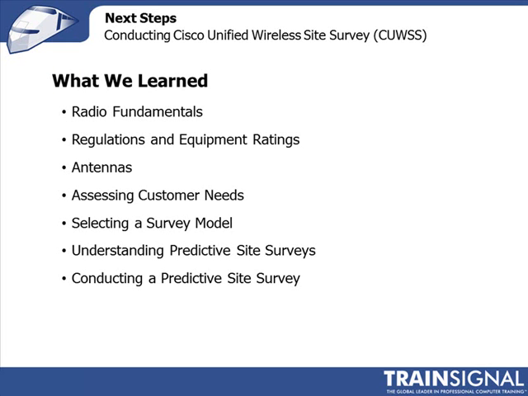So we've covered an awful lot of ground. We started off talking about some basic radio fundamentals. We talked about RF spectrum, channel frequencies and channel bandwidth. We talked about modulation and coding, and we took our first glimpse at the Cisco Spectrum Expert. We then went on to talk about regulations and equipment ratings. We talked about the regulations that are different around the world in the 2.4 and the 5 gigahertz bands, and we focused in specifically looking at the FCC rules that apply here in the United States,